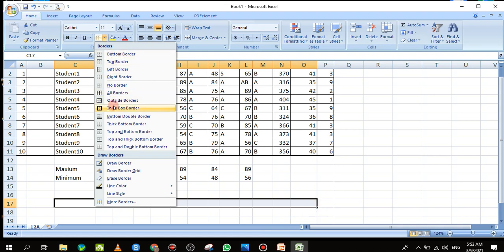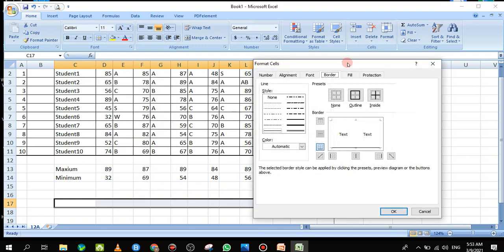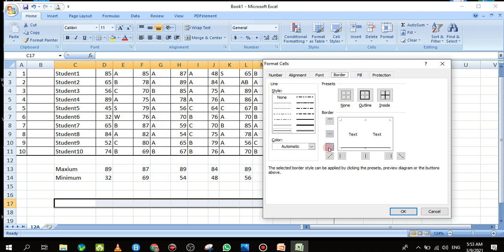from here. But consider putting more borders. You can go to more borders, see, two borders here and two borders, and if you want to take it for the whole cell, then you can select outline. Or if you want to put